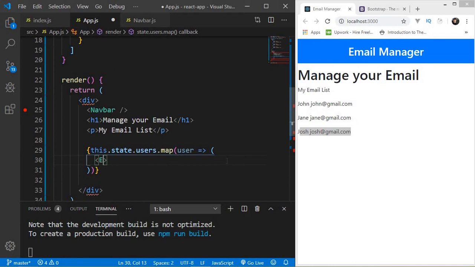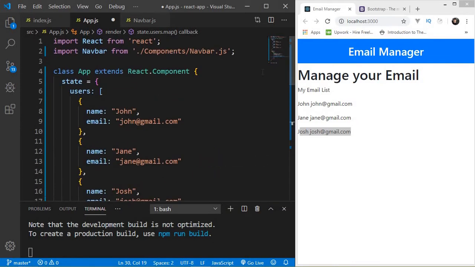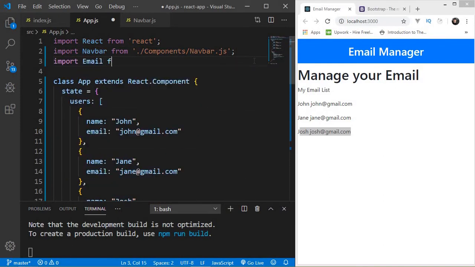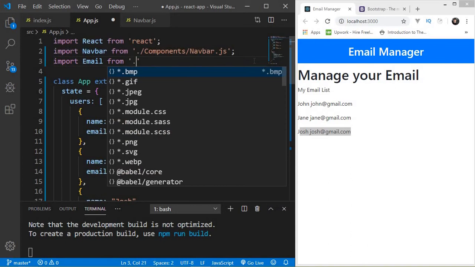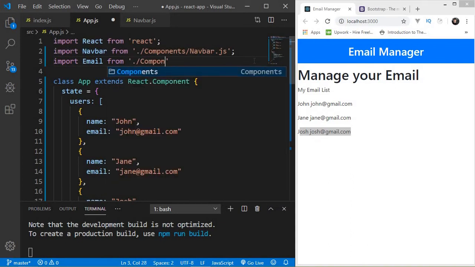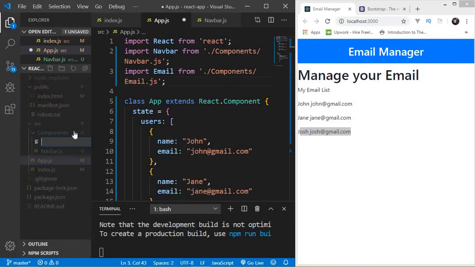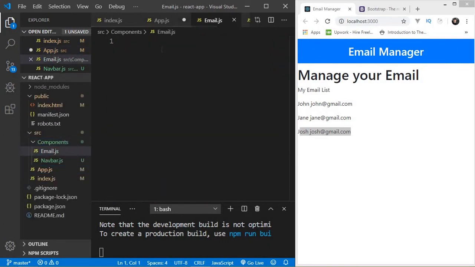create a component called Email. All right, and let's import that component here. So import Email from ./components/Email.js. And since we haven't created our Email component, let's create a component here. It's a new file, Email.js, and inside that component let's just write import